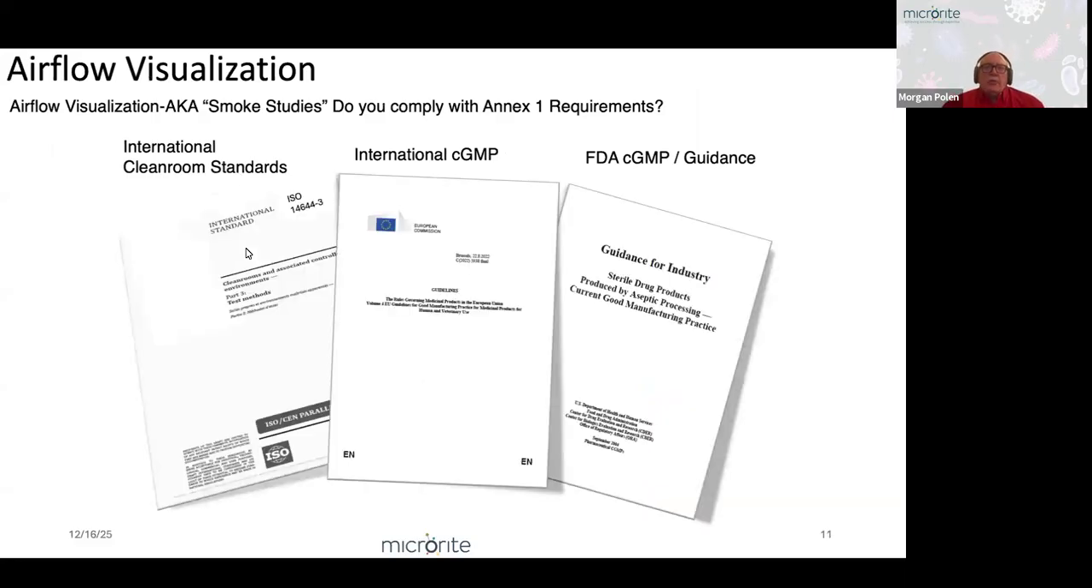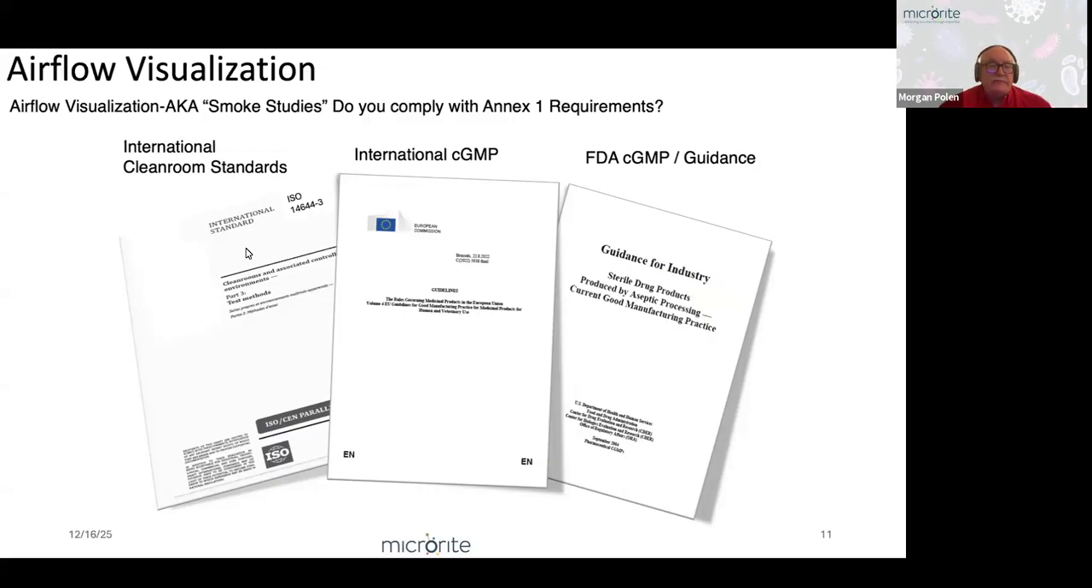So when we talk about smoke studies, and I use the term Annex 1 because Annex 1 is an international GMP guidance. In the US, FDA uses their guidance for industry from 2004. I'm talking about the manufacture of drugs, but we have standards, we have GMP guidance, and regulations. And I like to always start by going down to the ISO standards. ISO